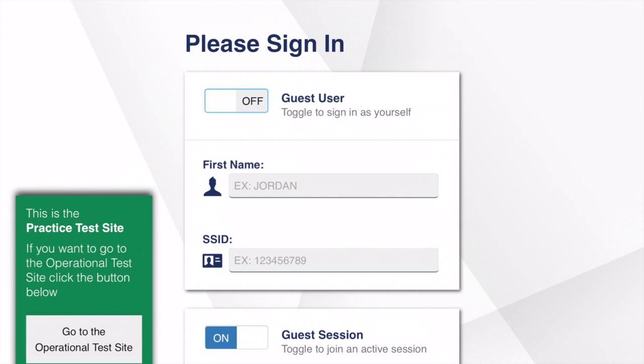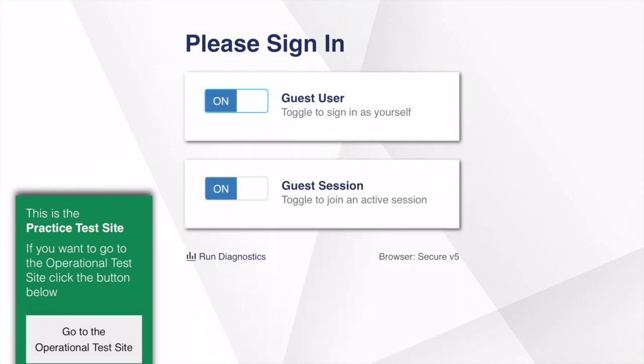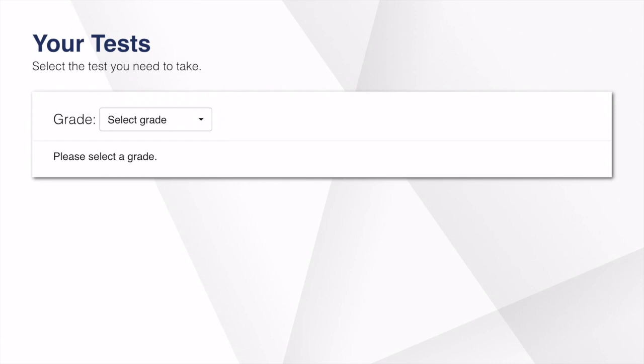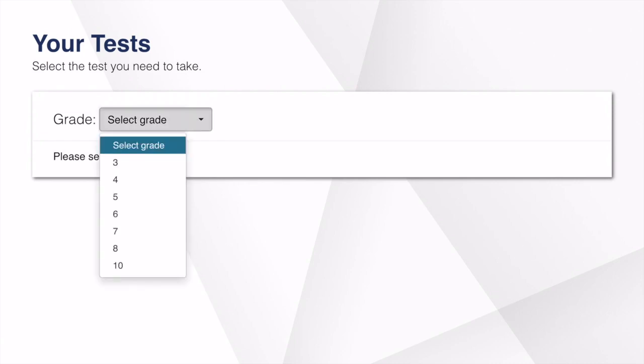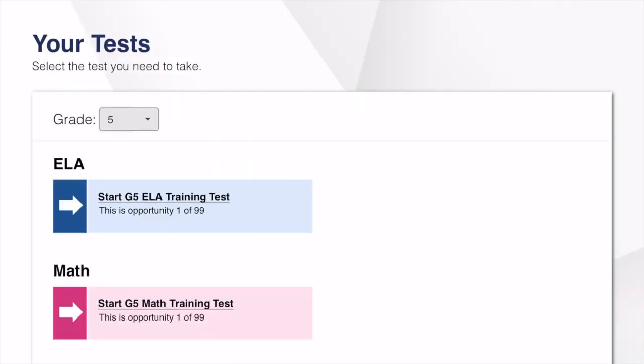Later in this video, I'll show you how to get to the practice area of the teacher site to do the same. If you are just looking to have your students practice the actual testing environment though, you would leave the guest session on, and just click the bottom Sign In tab. This will allow you to bypass the entire login process and go straight to practicing the actual test environment. Students just have to pick a grade, then pick a test with which they want to practice on, and